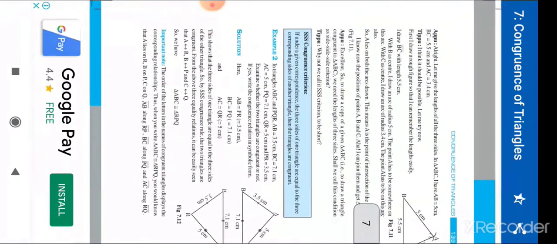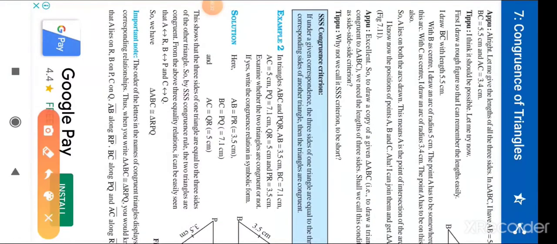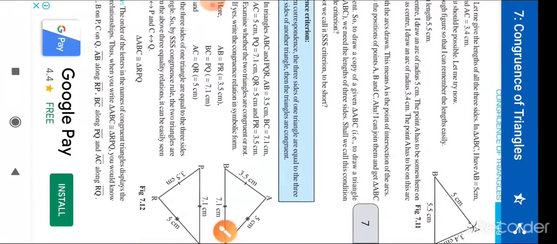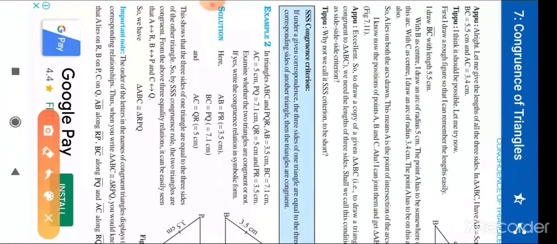According to this correspondence, if under a given correspondence, three sides of one triangle are equal to the three sides of another triangle, then the triangles are congruent. Suppose we have two triangles